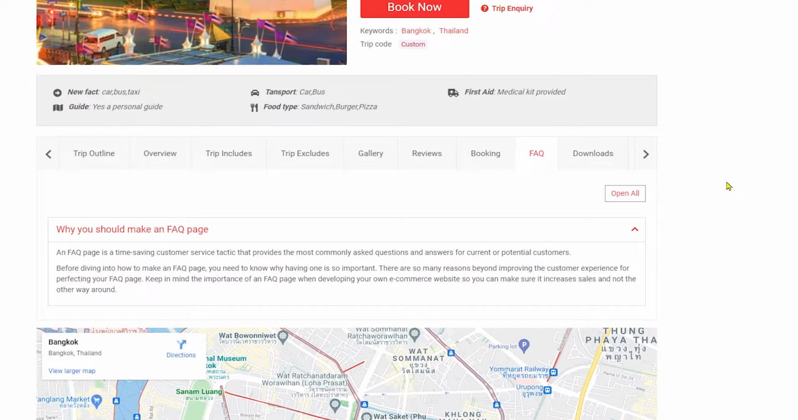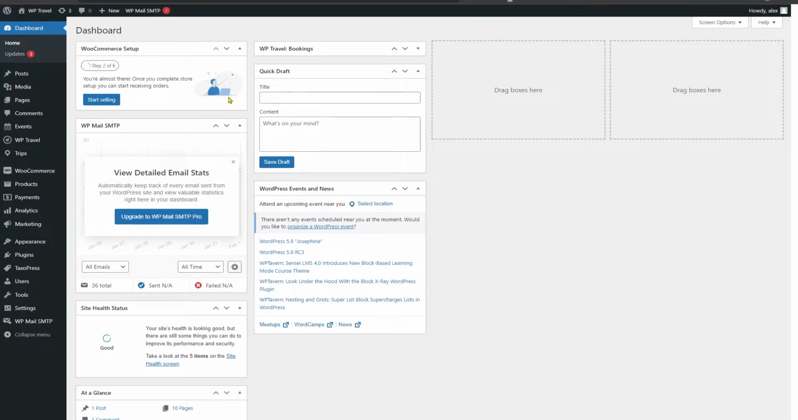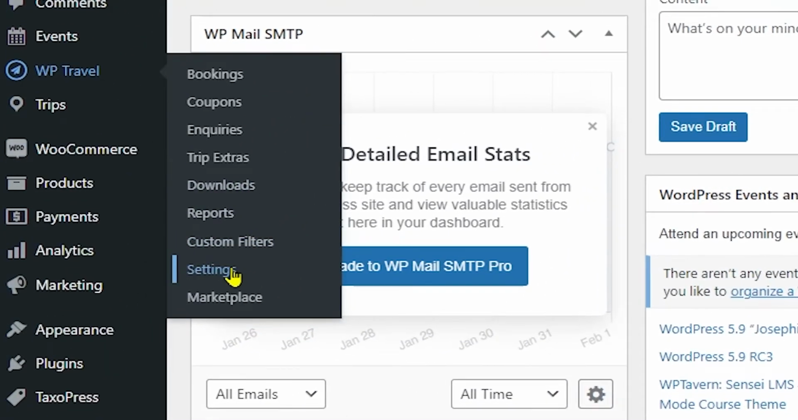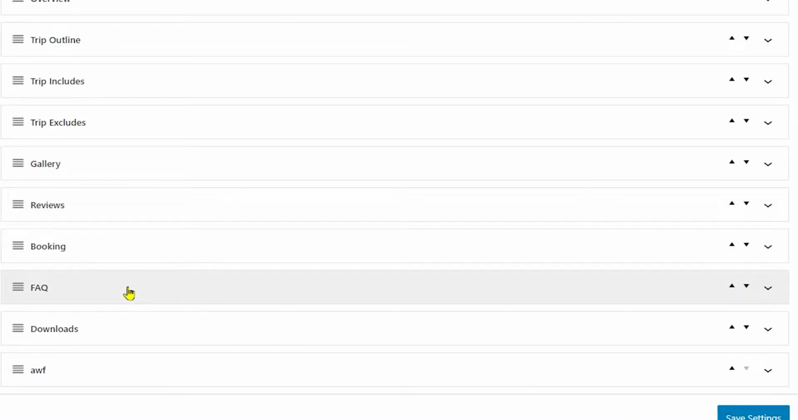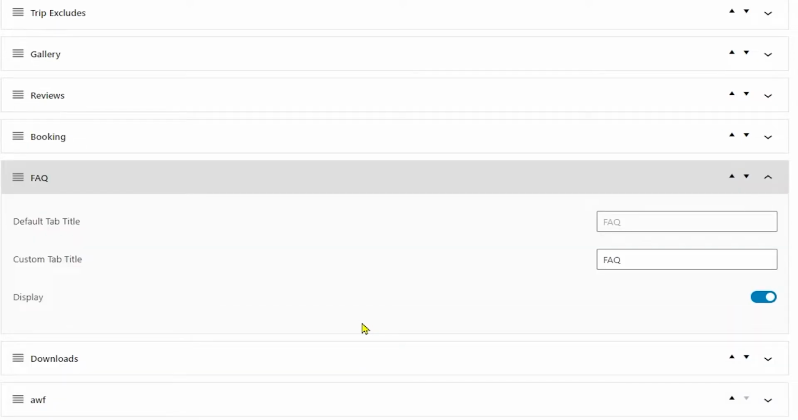Now the point to be noted here is that if you do not see this FAQ tab in here, what you have to do is go to your WordPress dashboard, from there to WTravel and settings. After that, head over to tabs, and here you will be able to see this FAQ tab. Click it and make sure the display option is enabled so that your FAQ tab could be displayed in your